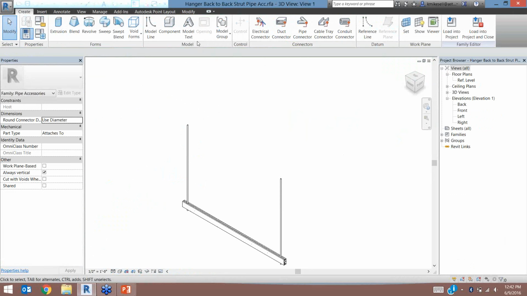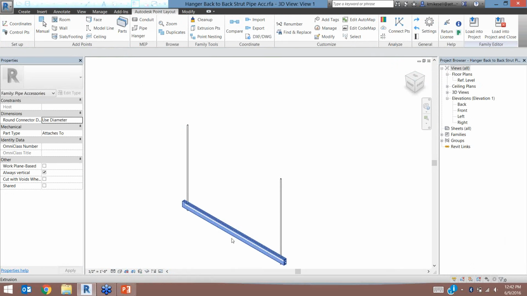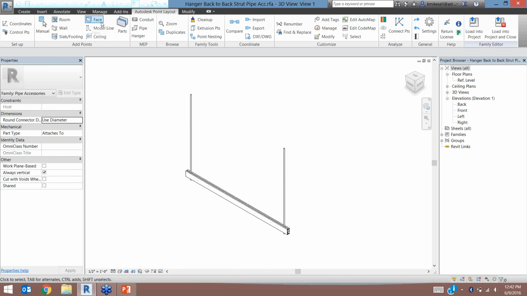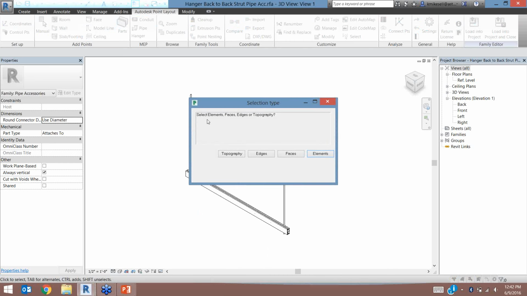Alright, now that I have the family opened, I'm going to go back into Autodesk Point Layout, and I'm going to click under the Add Points section, I'm going to click on the Face tool, and it's going to ask me if I want to select elements, faces, edges, or topography. I want to select a face of an element,